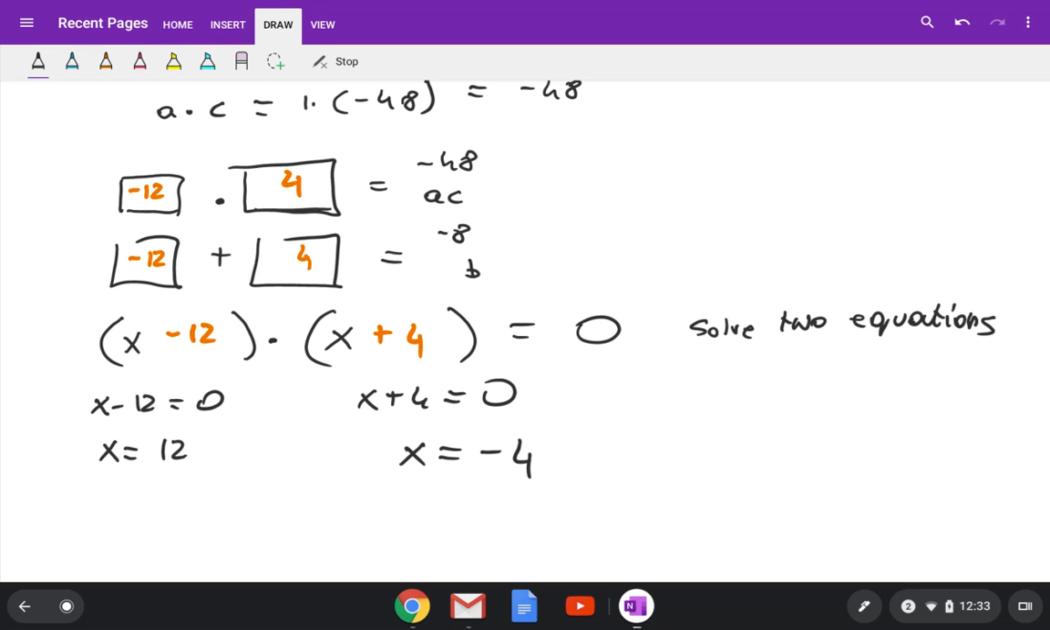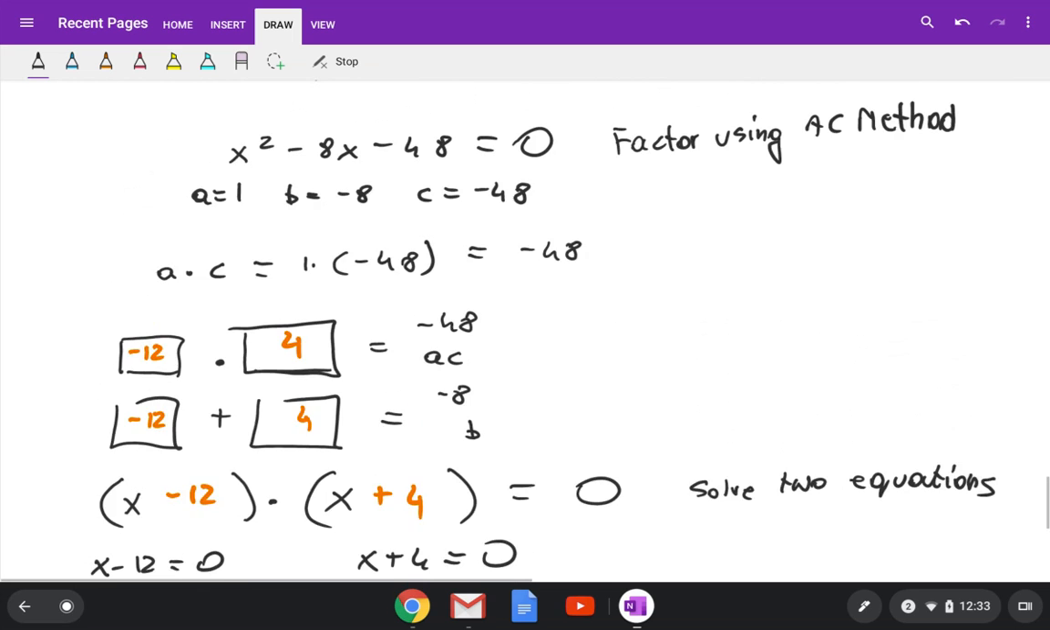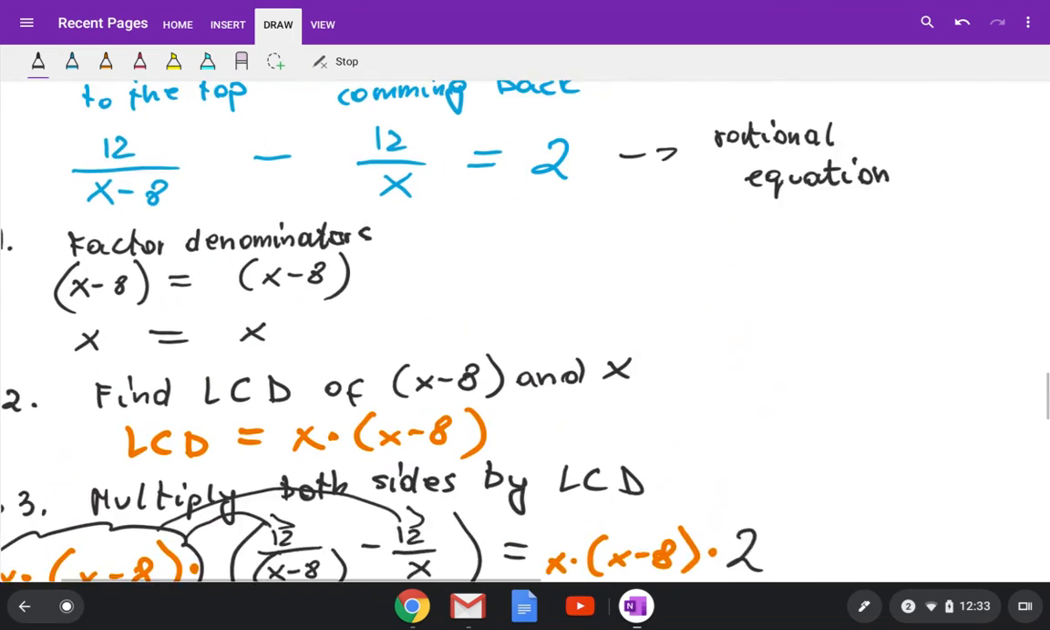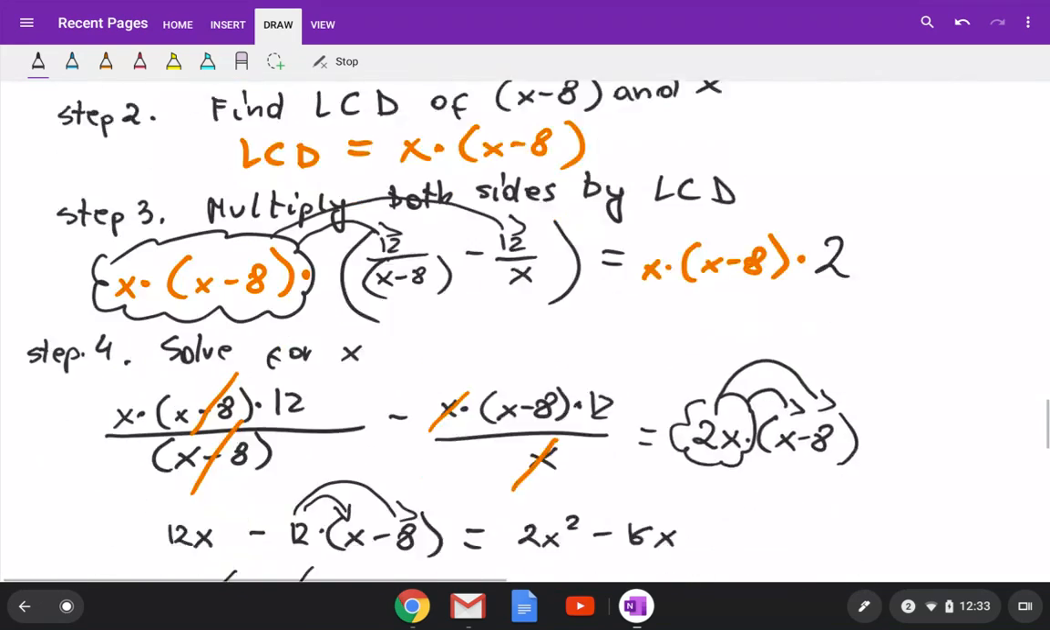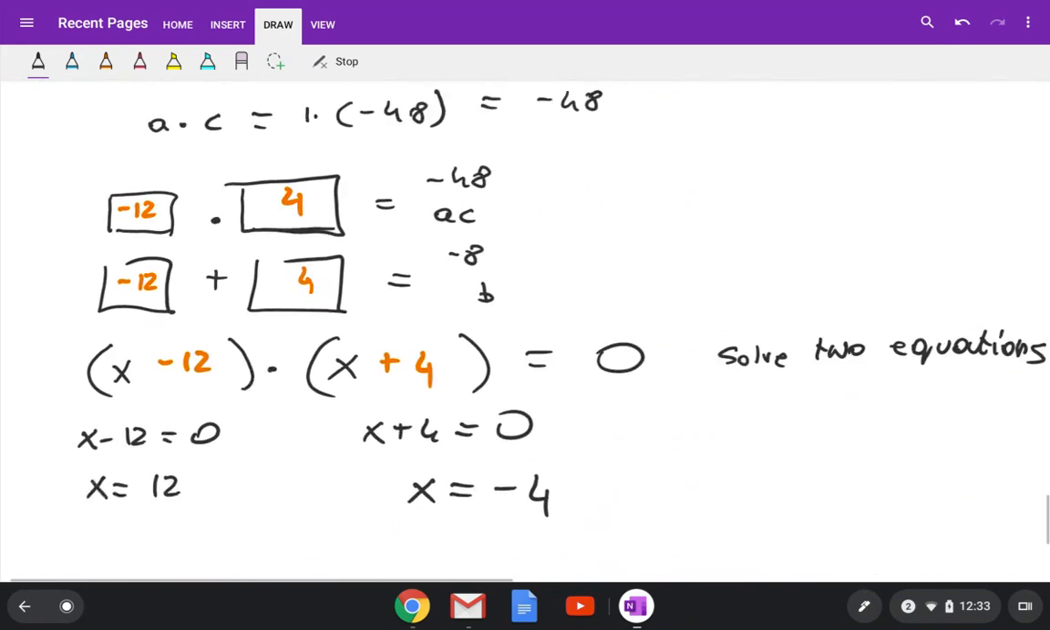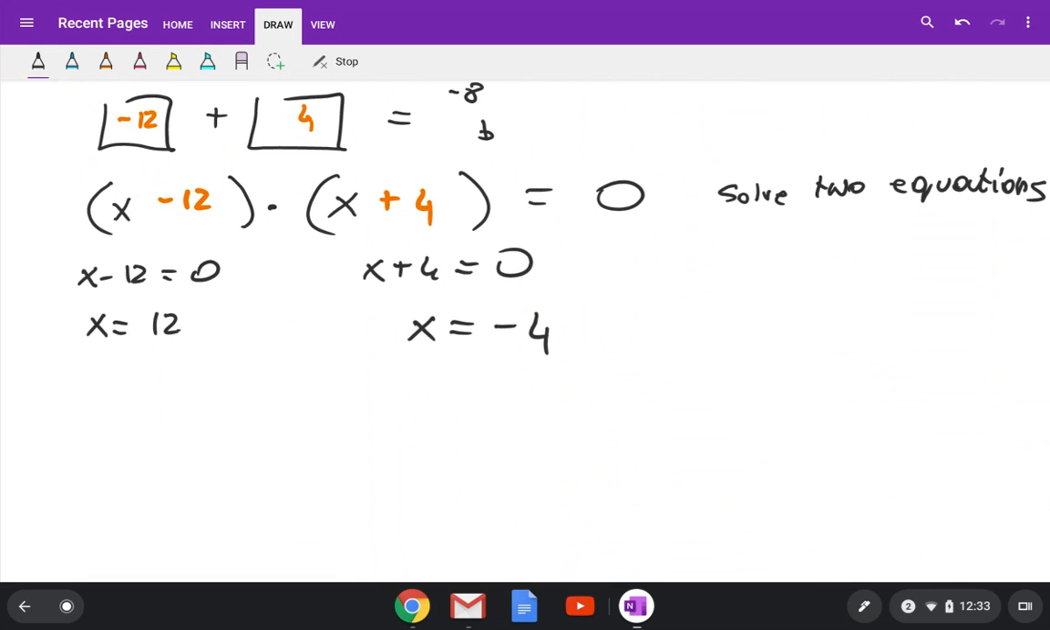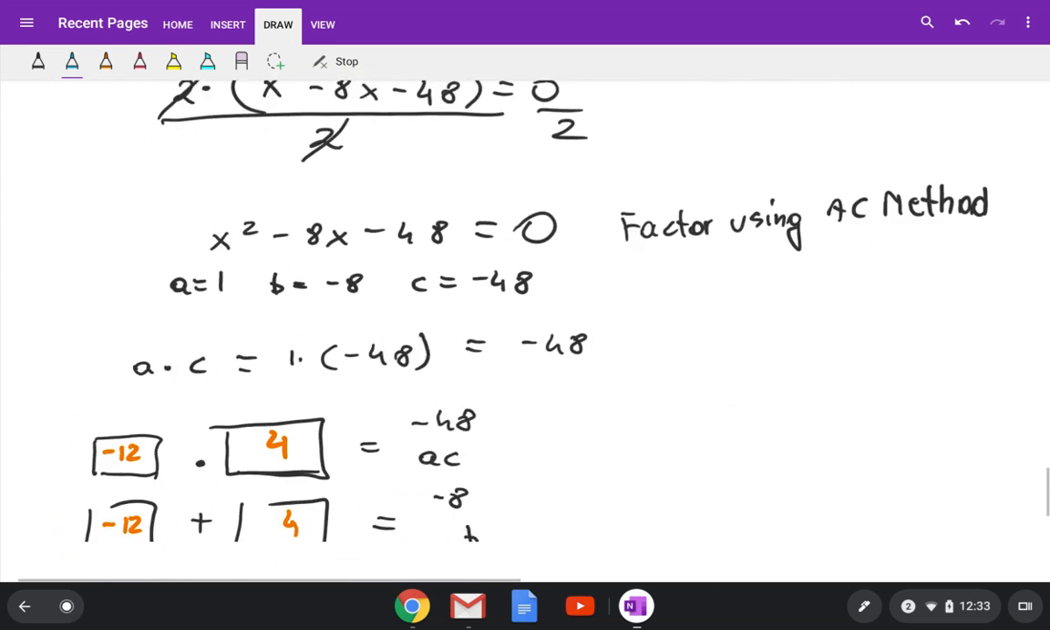Again, which one is correct? So let's go back. Don't forget that x is the speed of coming down. So when we're talking about speed, the negative answer doesn't make sense, so of course we're going to ignore it, because it's negative. So x is equal to 12 miles per hour. Okay, so 12 miles per hour, that's the speed